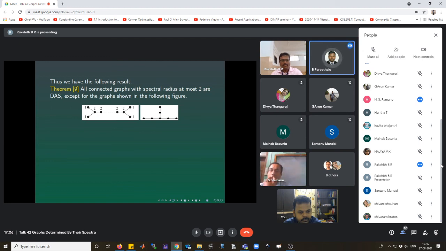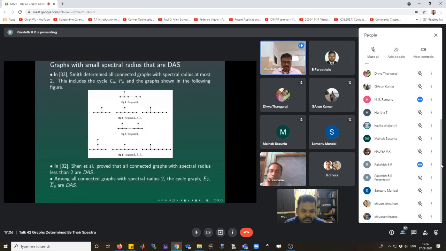Is there any similar kind of work on energy, like which graphs are determined by their energy? Yeah, some of the recent studies are on order energetic graphs, which are graphs whose energy is equal to the number of vertices, the order of the graph, or energy equal to 2 times the size of the graph. That work you can find recently. It is also interesting to classify graphs with some specific energy. In recent papers you can find it on order energetic graphs.